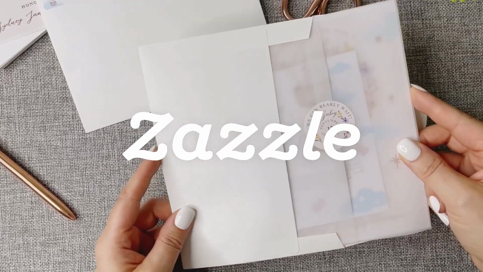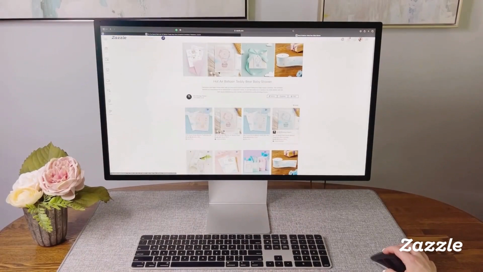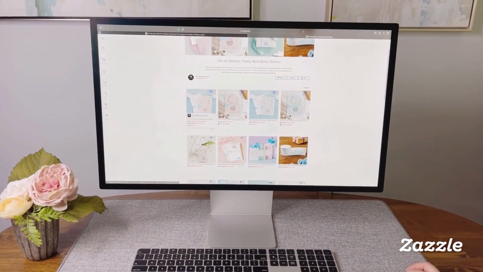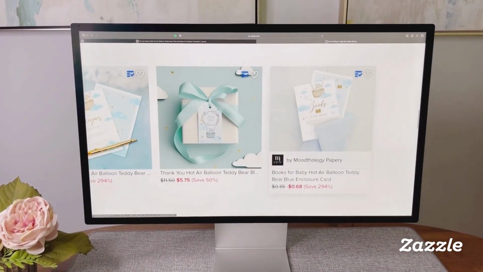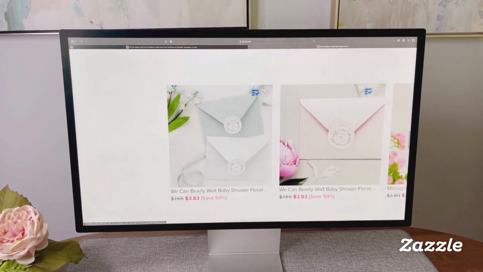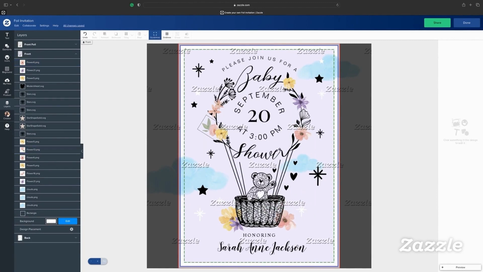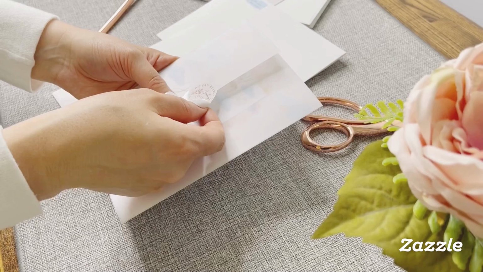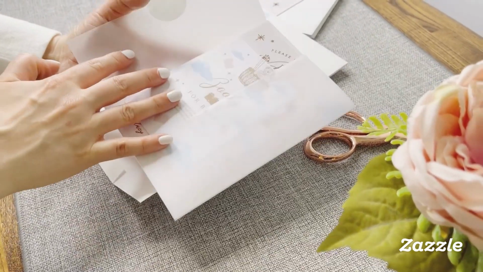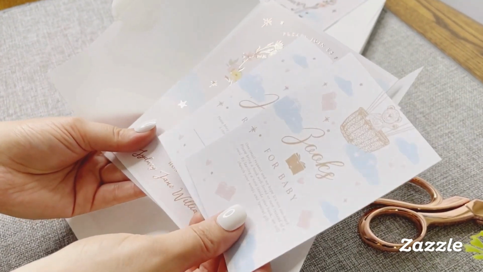Welcome to our tutorial on creating a personalized baby shower invitation suite. Our video will show you how to easily personalize your own themed baby shower invitations with our organized, easy-to-use design template. Let us show you how to use the tools and design templates on Zazzle to easily create your own personalized baby shower invitation. Get ready to make your baby shower truly unique and special with personalized invitations and matching